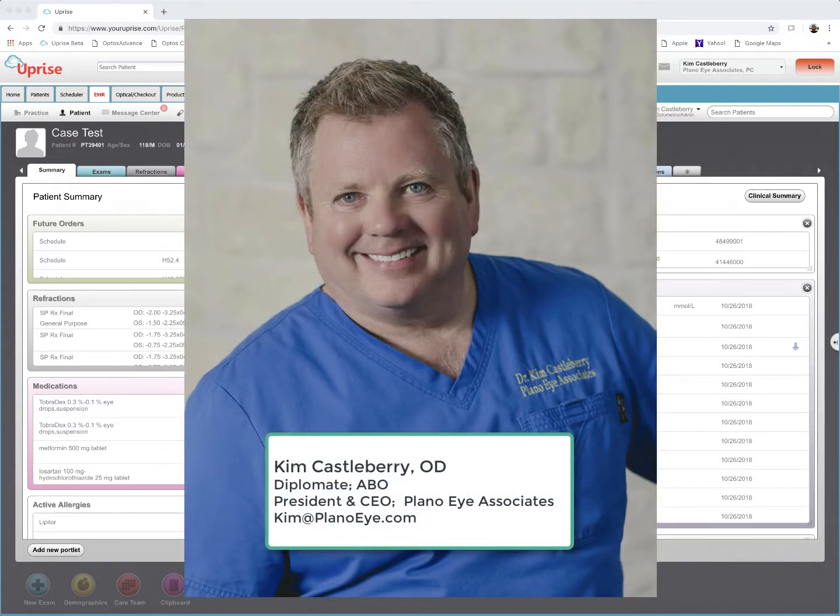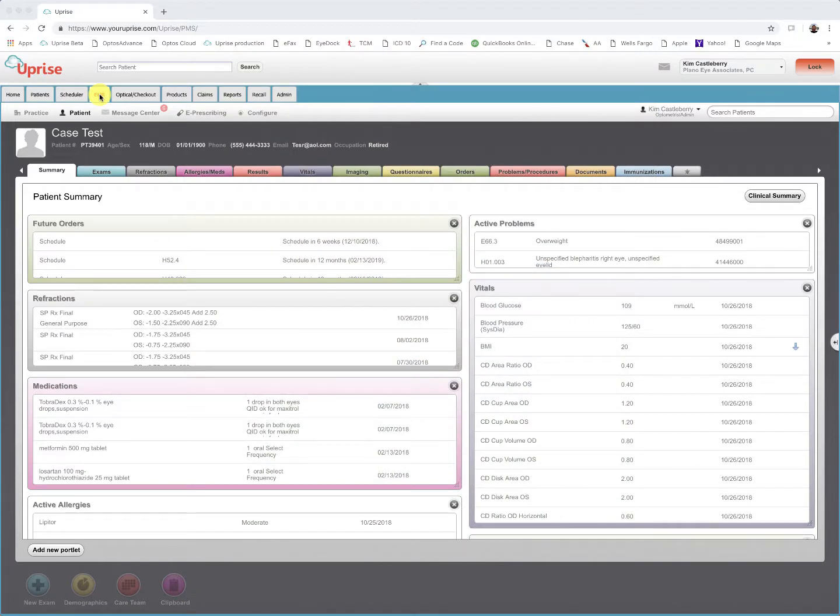I'm Kim Castleberry. This tutorial will review how to edit treatment codes for use in assessment. While Uprise EHR comes with default treatments, you can edit them in treatment code mappings for your practice preferences. You can find treatment code mappings in the EHR Configure menus under Exam Configurations,